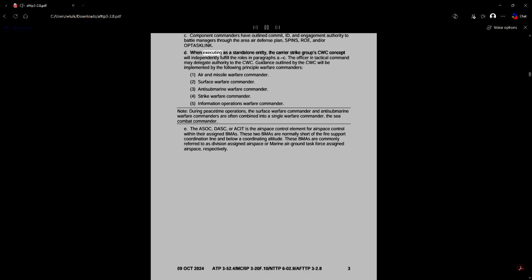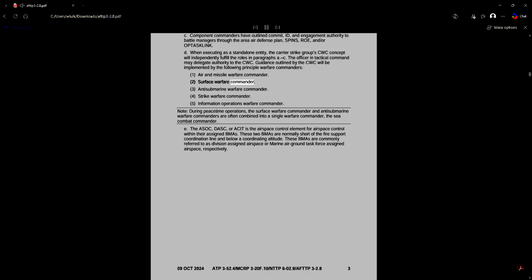D. When executing as a standalone entity, the Carrier Strike Group's CWC concept will independently fulfill the roles in paragraphs A through C. The officer in tactical command may delegate authority to the CWC. Guidance outlined by the CWC will be implemented by the following principal warfare commanders. 1. Air and Missile Warfare Commander. 2.